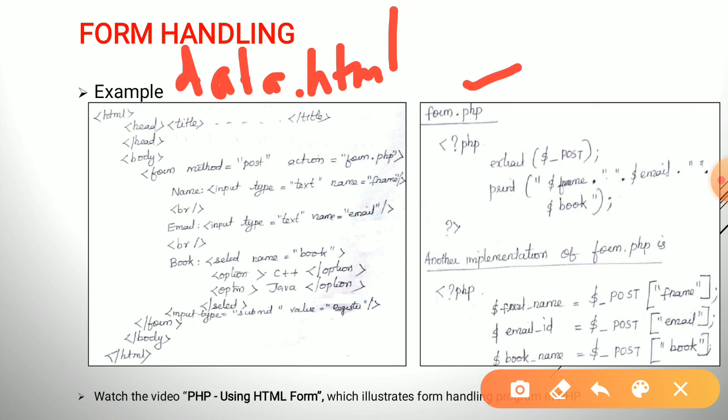So this first one, data.html, creates a form, and this form data are processed by the form.php file. Now here in this data.html, you can see the form method is post, and the action is given as form.php, that is form.php is going to handle or process this.